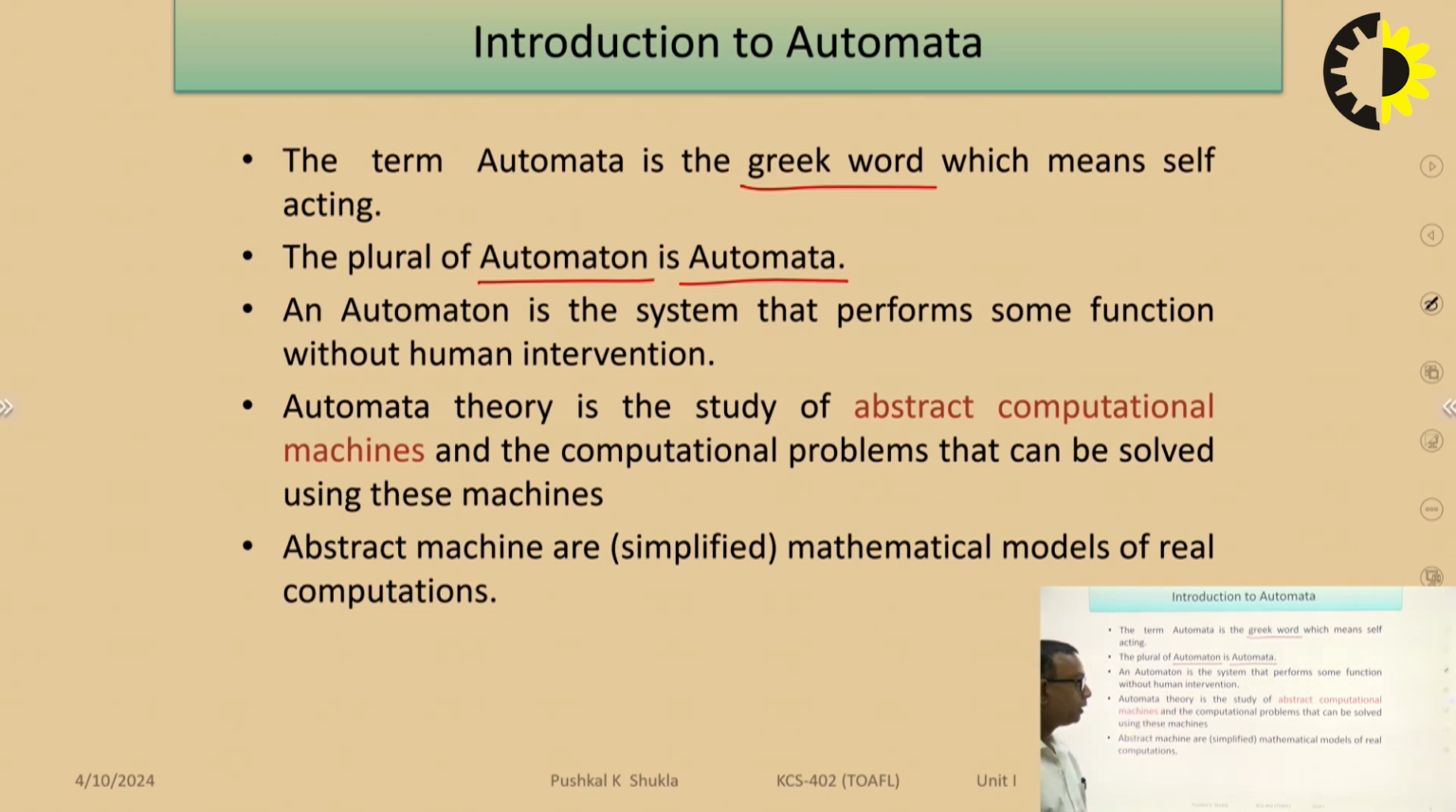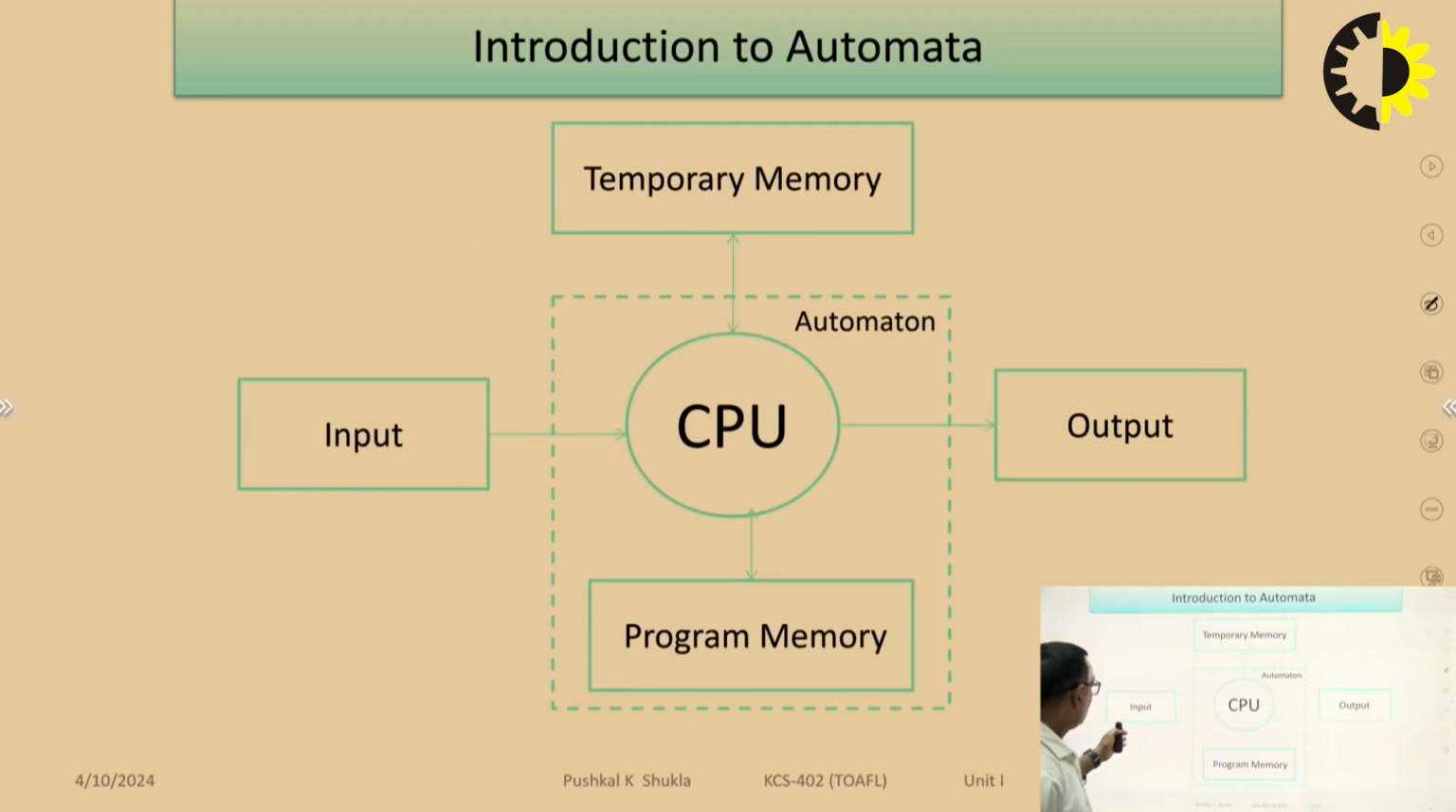It is the study of abstract computational machines and the computational procedures that solve computational problems by using these machines. Abstract machines are mathematical models of real computation. There is input, this is output, here is a CPU, program memory, and temporary memory. This is the basic abstract model of the automata. So it takes inputs, processes them based on the written instructions in the program memory,